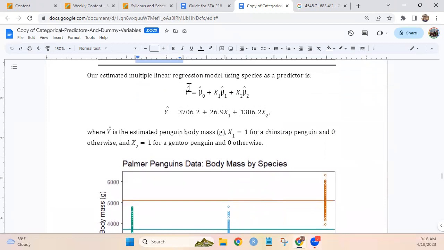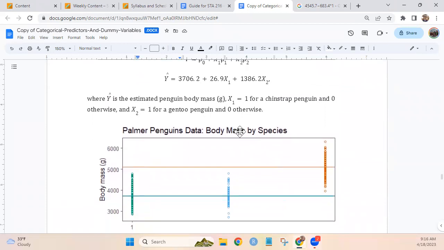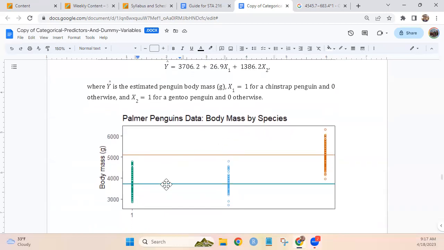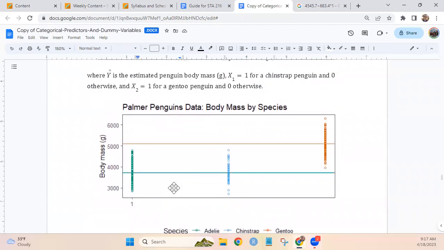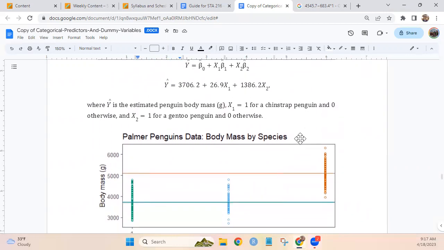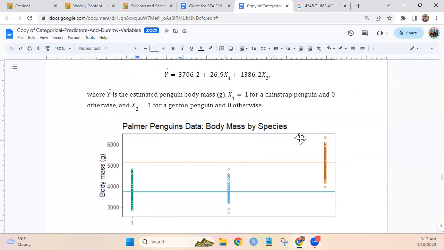Now visualizing this, we fit this in SAS, for example, and we get an estimated model. Here's what it looks like. So now we have, and the x-axis isn't super important here, but it's representing the 3 different species. Should fix that label. We had the Adelie penguins, Chinstrap, and Gentoo. And then I drew a horizontal line at the sample mean here. Okay. So in the estimated model,